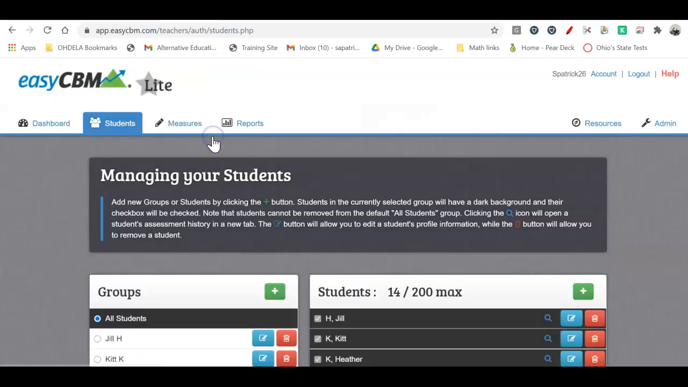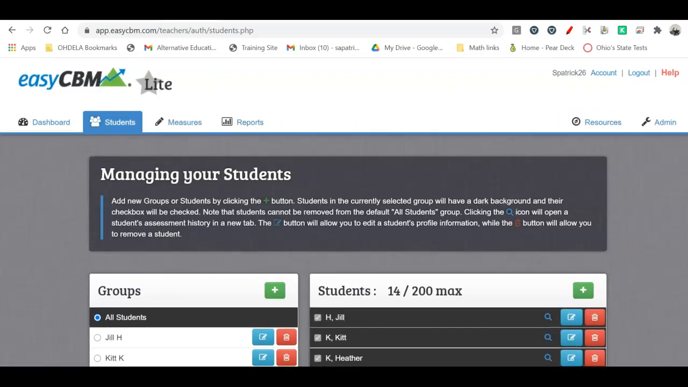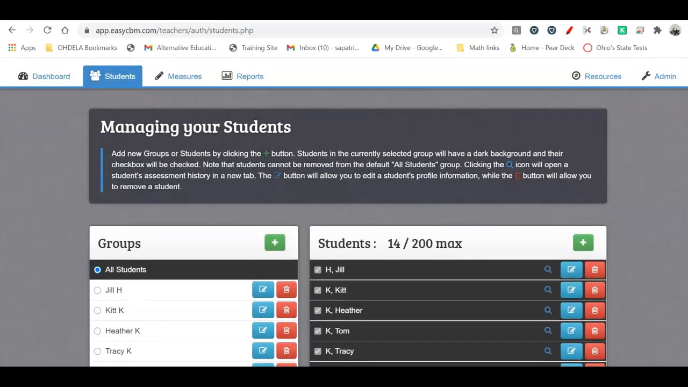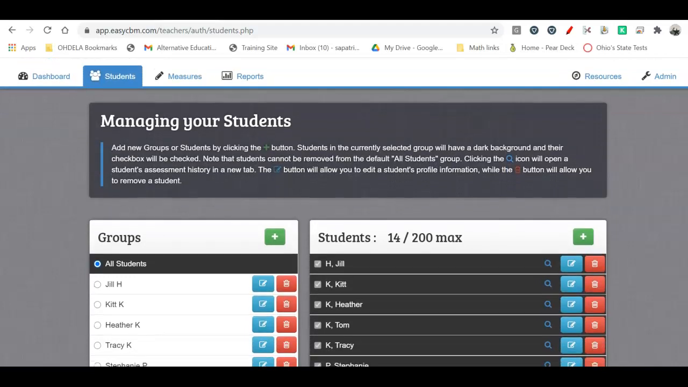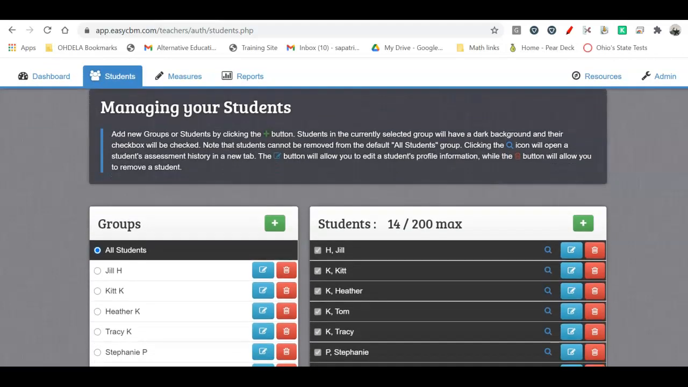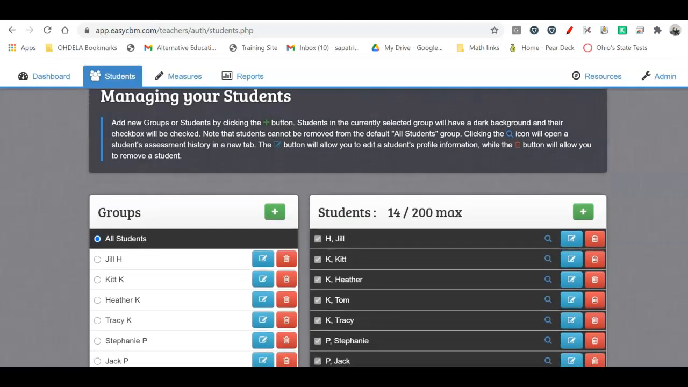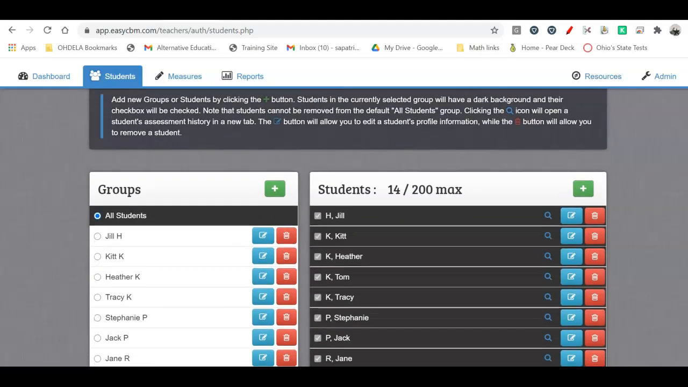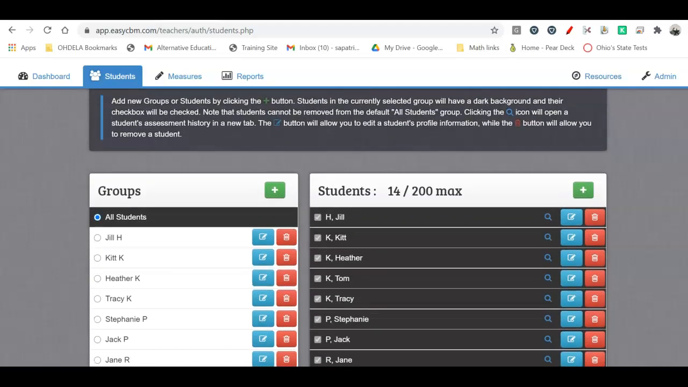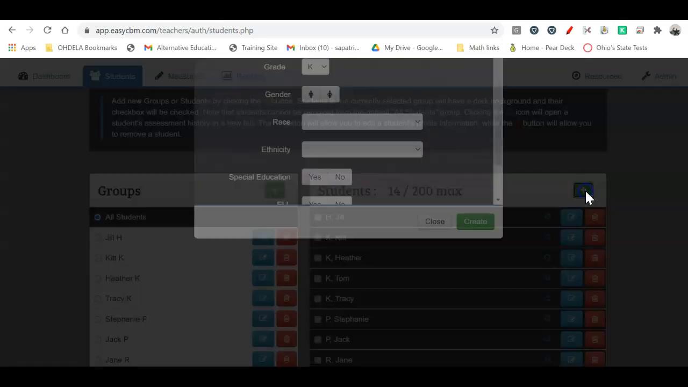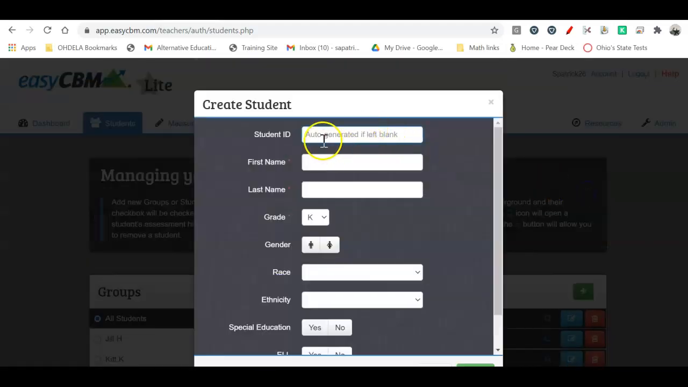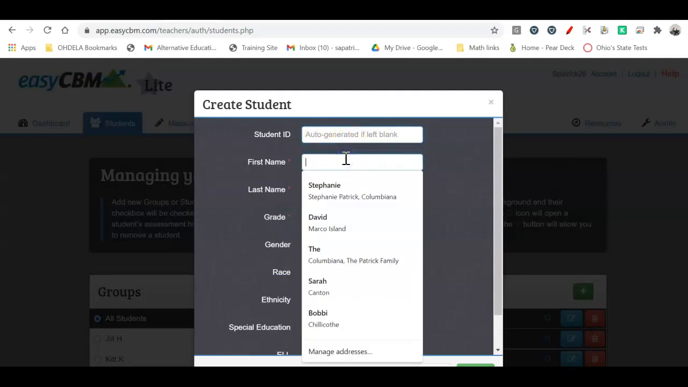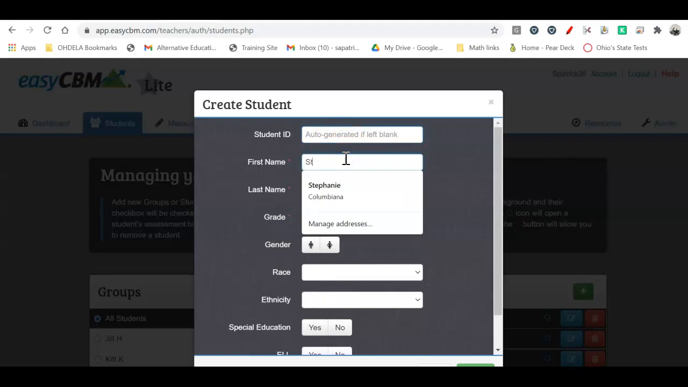Let me first go to students, because for our situation here at Odella, because we have the light version, we are not going to put students' last names into our system because of the private and confidential information we don't want shared. So when you add students, we're not going to put in a student ID. We're going to leave that blank, but we're going to have student